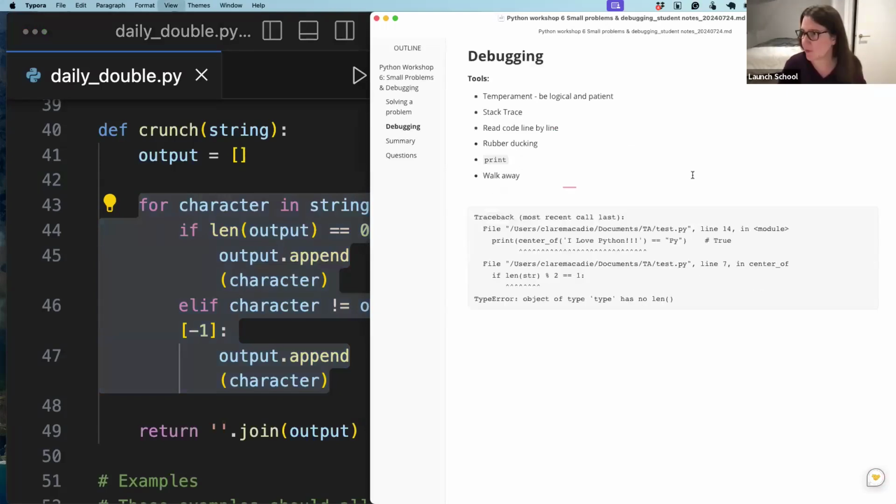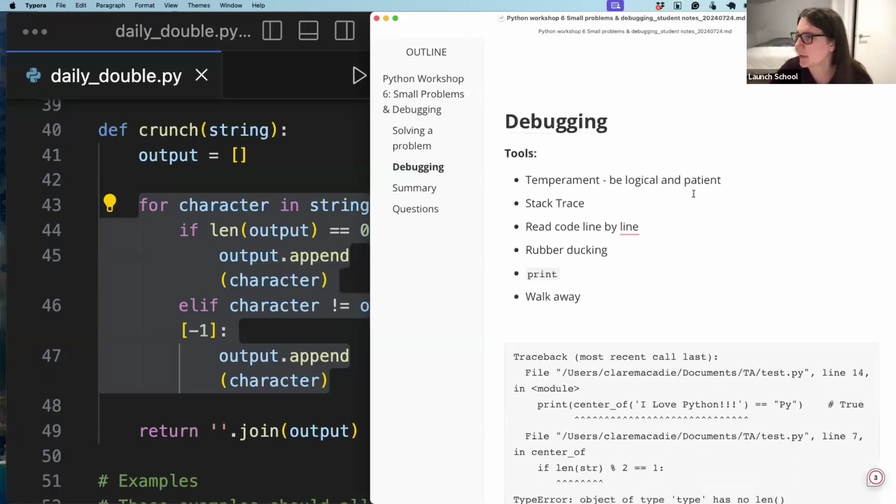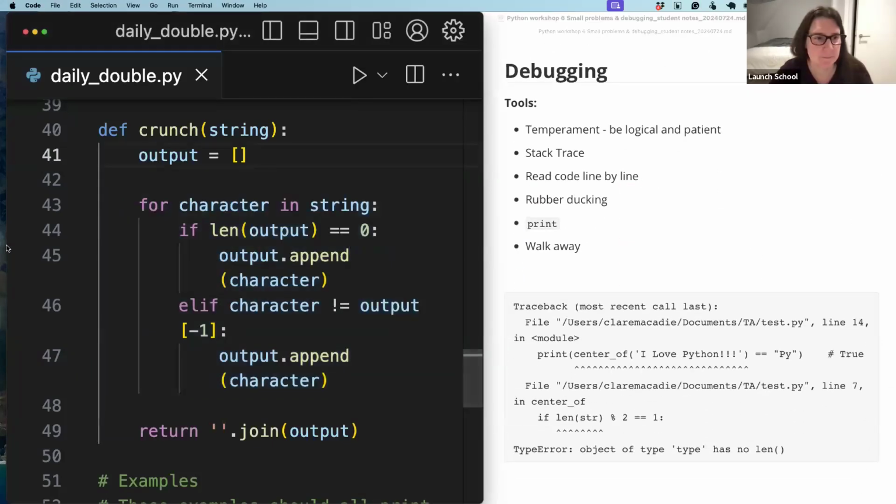So let's just increase the size of this. So debugging. Does anyone have any questions about the PEDAC process before I move on to debugging? No. Right, so